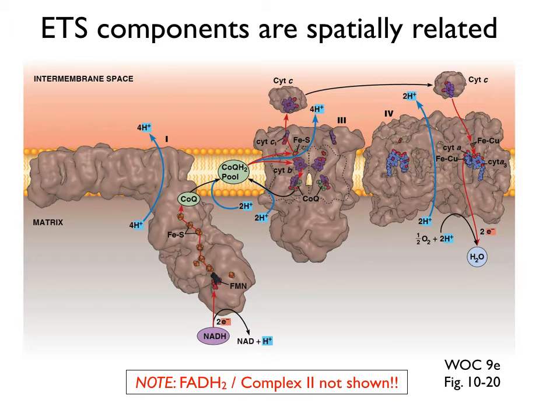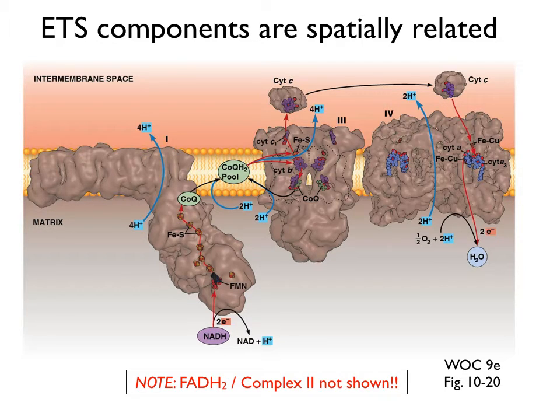And there again, you can see that there's a spatial coordination of all of the electron carriers within complex 3. Ultimately, this hands off to cytochrome C, a protein, but a mobile one, a peripheral membrane protein. Cytochrome C moves over to the right, as you can see, and transfers electrons into complex 4. They move through complex 4, and ultimately they're transferred onto oxygen to create water. A really beautiful, amazingly intricate system of electron transfers. Okay, so now let's